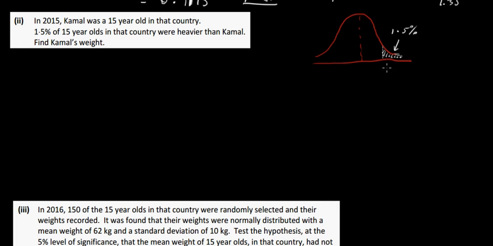Now, this z value here, we don't know. We're going to work that out. We'll call it z1, let's say. This z value here, and then we're going to use that to find his weight. So let's write down how we're going to start this. We're going to write down the probability of z being greater than z1